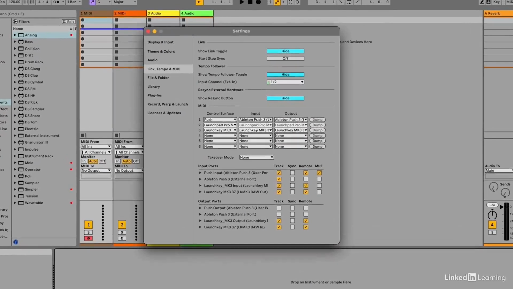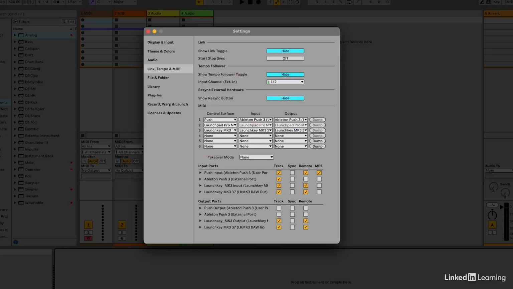So when you hook up a MIDI keyboard or some kind of a MIDI controller to your computer or laptop, it's likely that it's going to immediately show up down here in the input ports or output ports area. And that's because most MIDI devices are said now to be class compliant, meaning that they've been designed to work with the MIDI driver that's part of the operating system on your computer, whether you're on a Mac or on a PC. Now, other devices have been manufactured to work closely with Ableton, and those devices are said to be